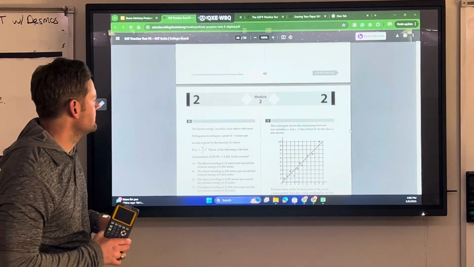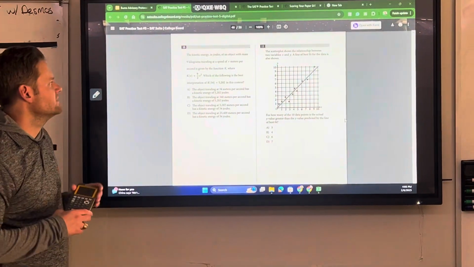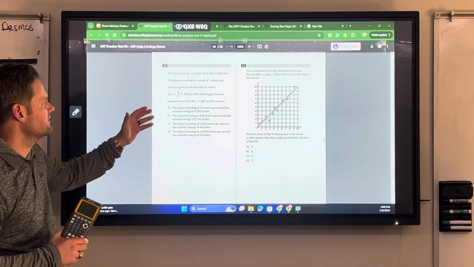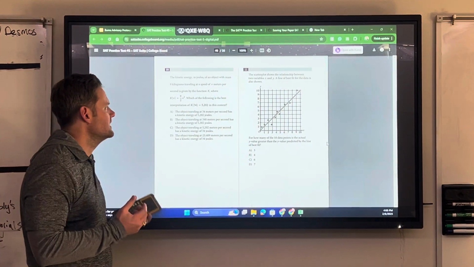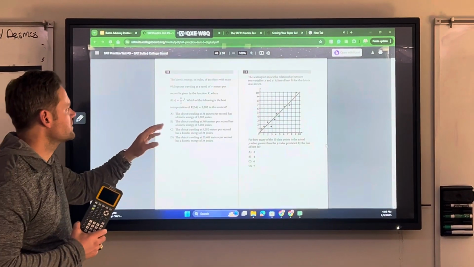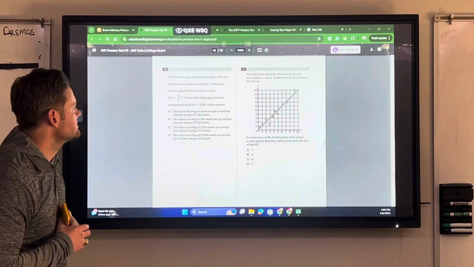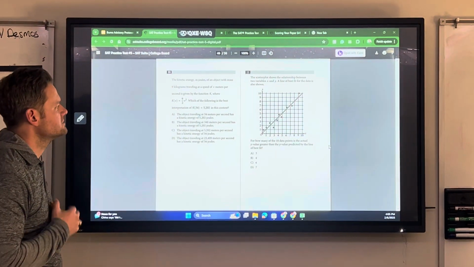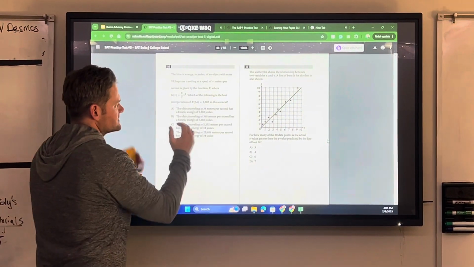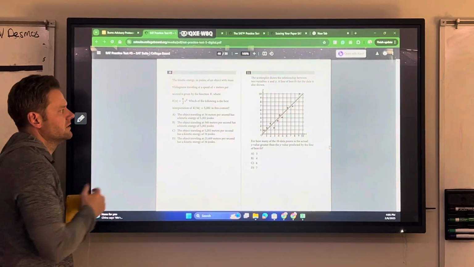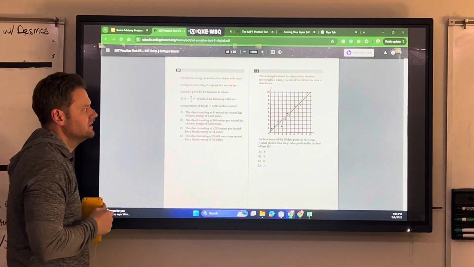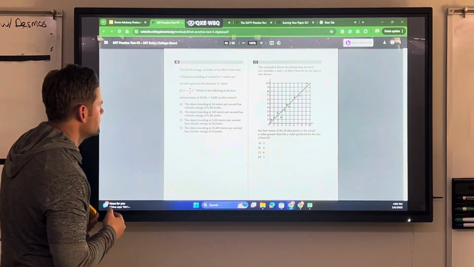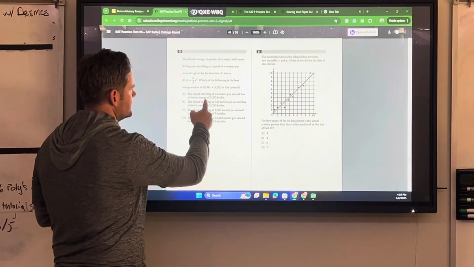All right, moving on to number 10. Kinetic energy in joules of an object with a mass of 9 kilograms traveling at a speed of v meters per second is given by the function K, where K is the kinetic energy. K of v equals 9/2 v squared. Which of the following is the best interpretation of K of 34 equaling 5,202? Well, just like f of x, if I put a number in there like I had earlier, right, this is going to sub in for that v. So this is showing me my velocity at 34. So I want to pick the one: the object traveling at 34 meters per second has a kinetic energy of